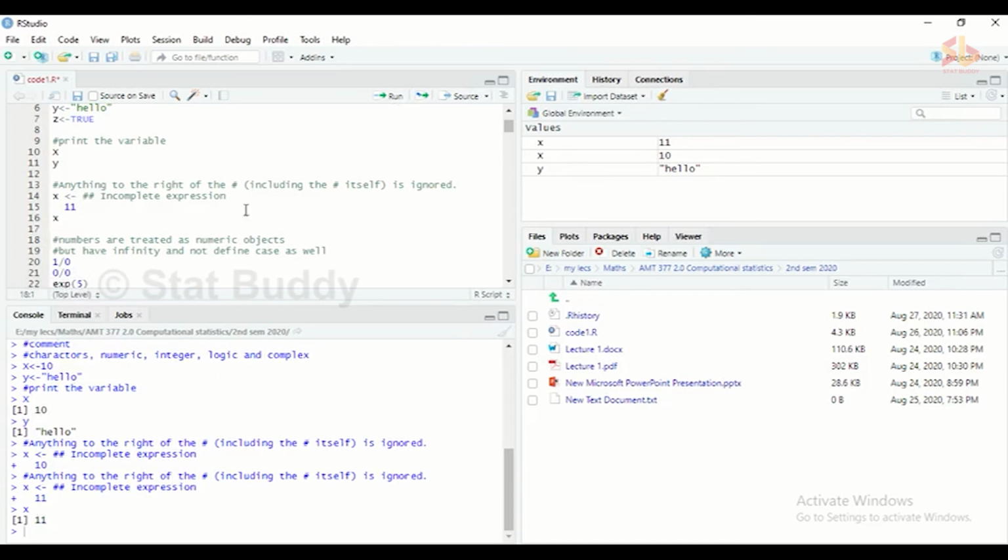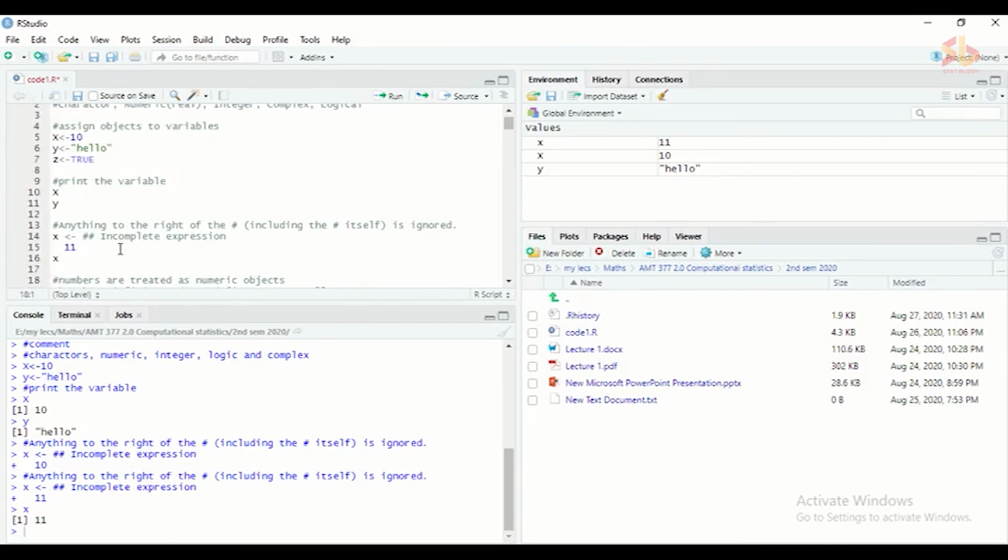So most of the time when we are writing good code, we always use comments, because a reviewer can easily understand the code, or even we ourselves can find errors in the code if we have used proper comments in necessary places.